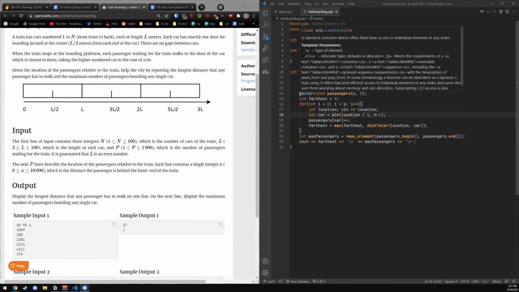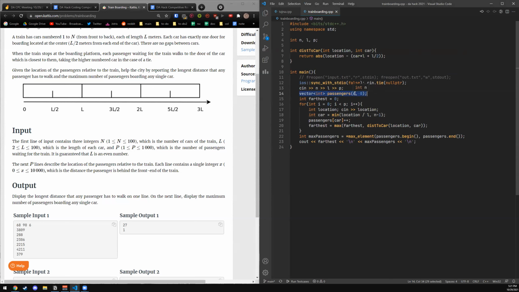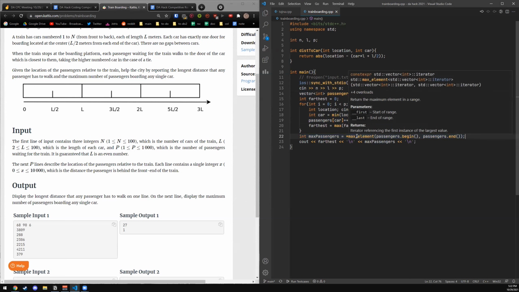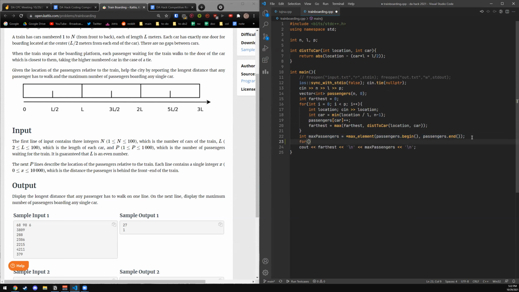Why do you have to compare which train has more cars? You have to compare which train has more passengers. At the end, you can just run through. So there's a passenger count. I'm keeping track of n different train cars, starting at 0. And if the passenger is going to that train car, increment it. And then at the end, I'm using max element,